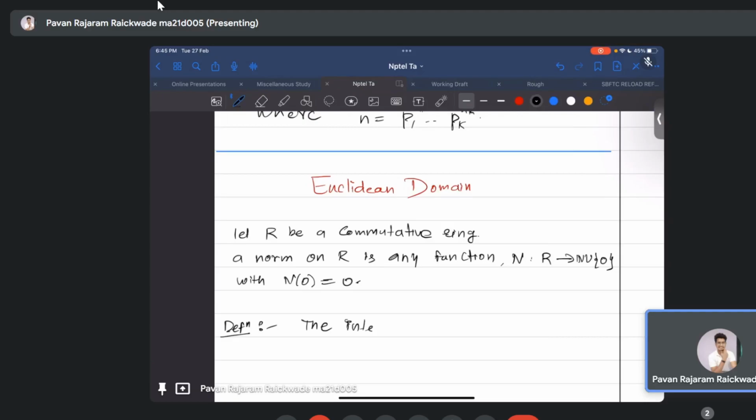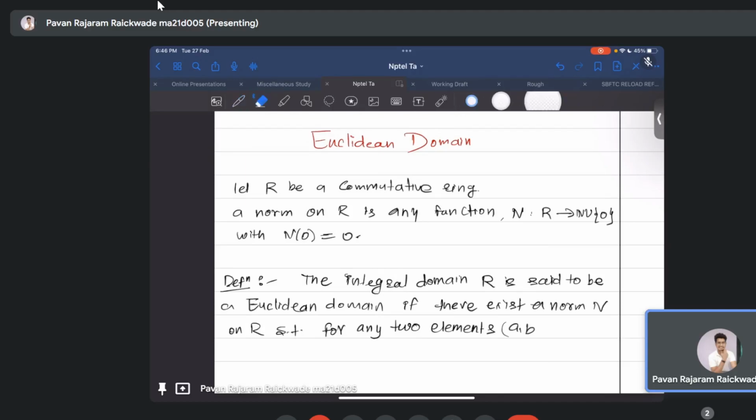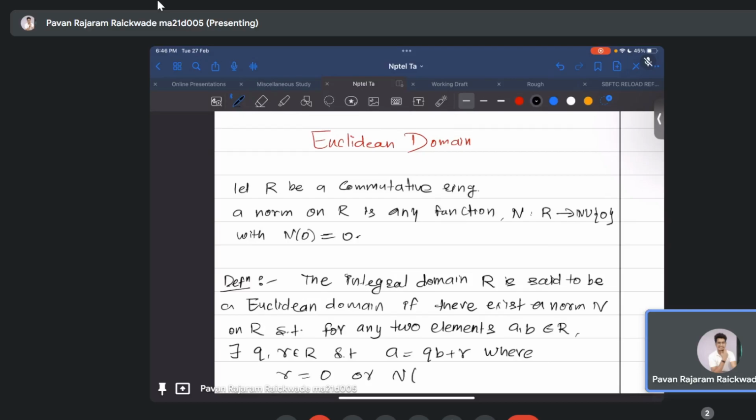An integral domain R is said to be a Euclidean domain if there exists a norm n on R such that for any two elements A, B belonging to R, there exist elements Q, R belonging to R such that A can be written as QB plus R, where you have the property R equals 0 or n of R is strictly less than n